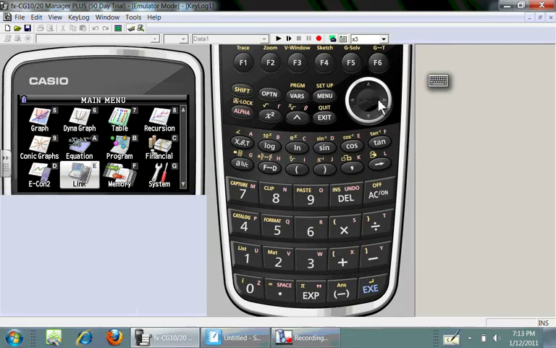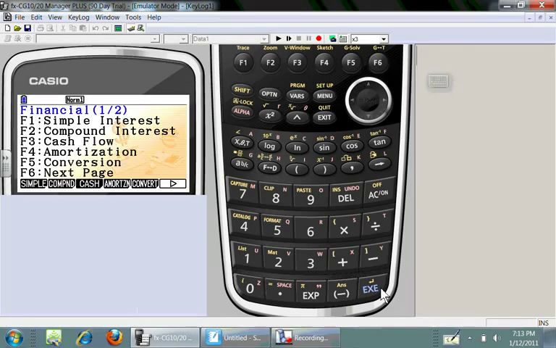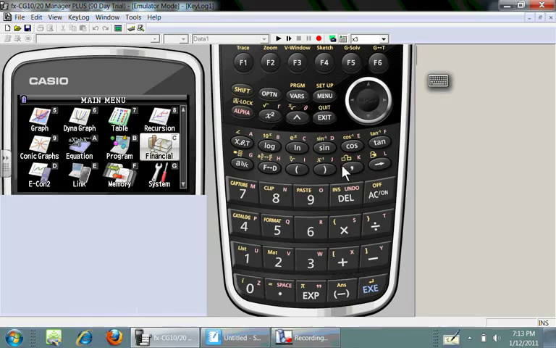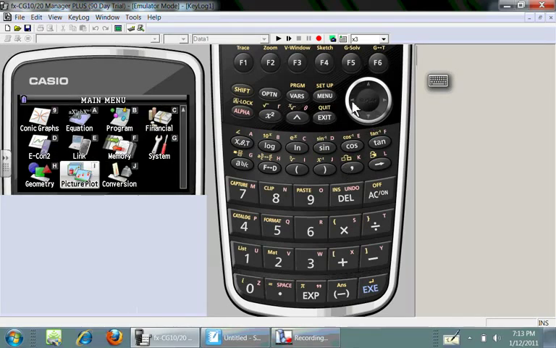So we also have the financial menu if you've got financial questions or financial problems. Amortization, conversions, cash flow, compound interest, simple interest. Very easy pull-down menus. I'll go back to the menu. I'll go down. We have a very nice geometry.